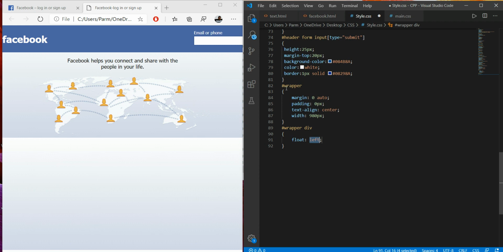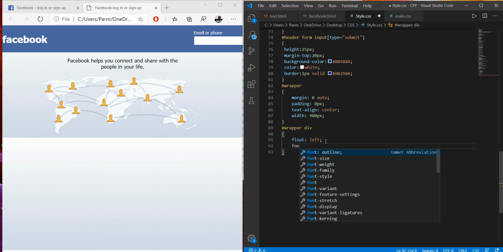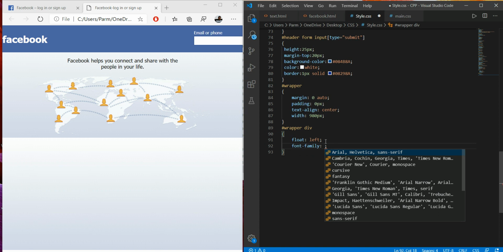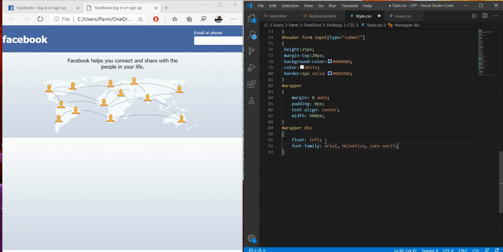I want this section to float left. And we have to select the font family, so here the font family I will select as, say, Arial for this. So here I'm going to save this, and here I refresh it.